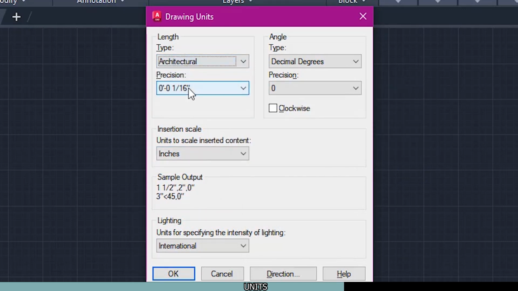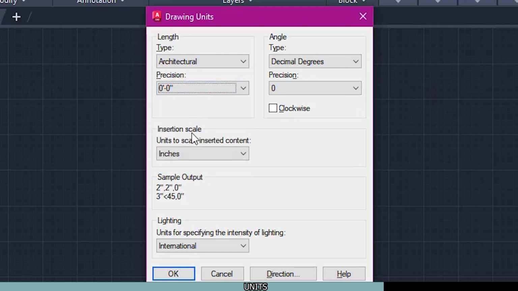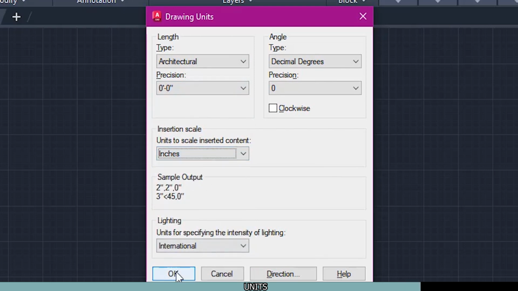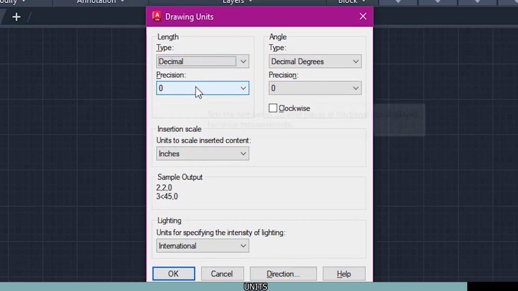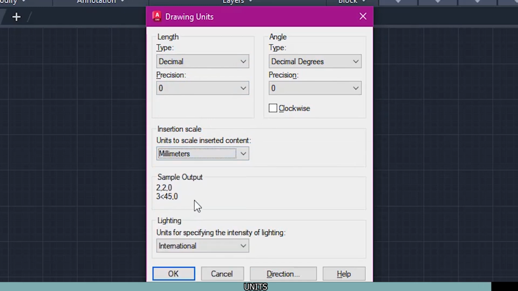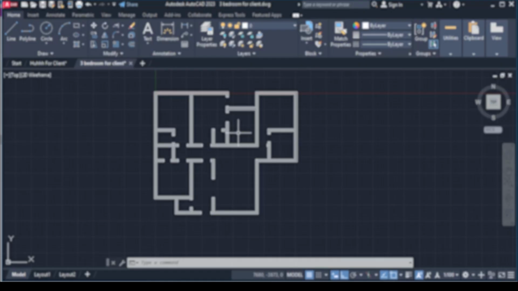your length type, choose architectural, your precision, I want 0 feet 0 inches, and then your unit, leave it as inches and then press OK. But I'll be using millimeters, so I will just choose decimal. I want a 0 precision and I want millimeters. Don't worry, I will guide you with the exact unit in feet and inches so we can go together. Now click on OK to end that, to save that. Click OK,